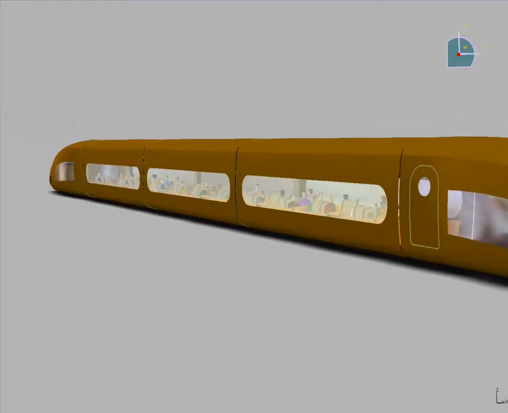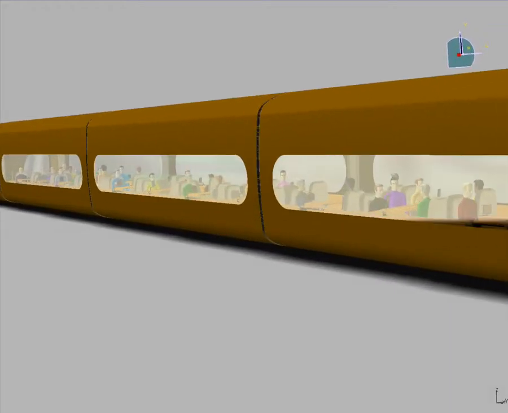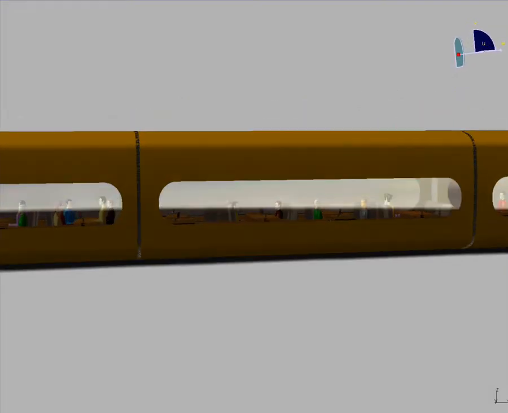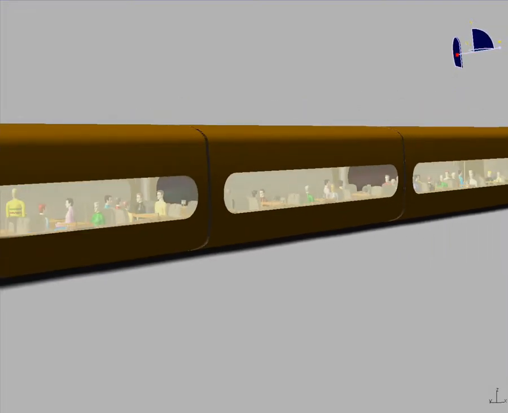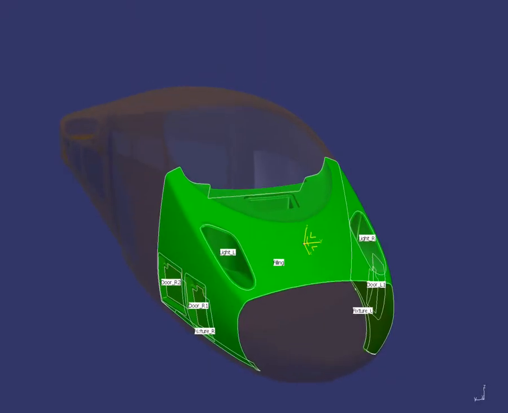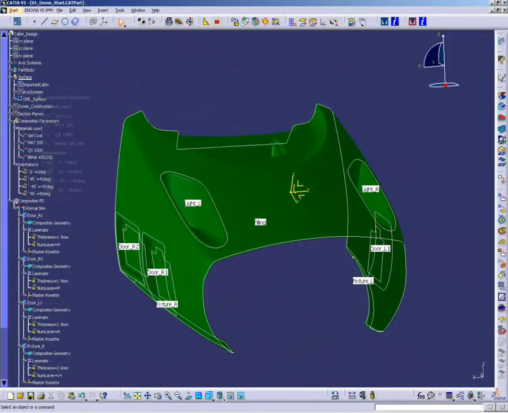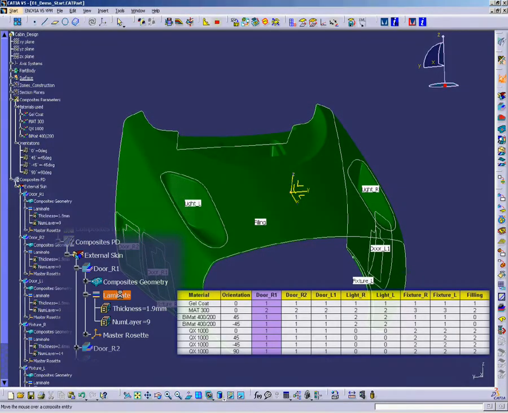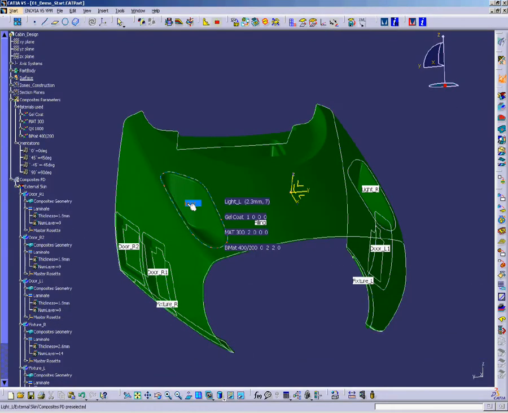Developing composite train structures brings many challenges, from cycle time to communication, process integration, and simulation. CATIA V5 Composites provides a complete suite of process-oriented solutions to design, analyze, and manufacture this structure in a unique virtual platform. It allows capturing all specifications, from material characteristics to zones, geometry, and laminate very early in the process